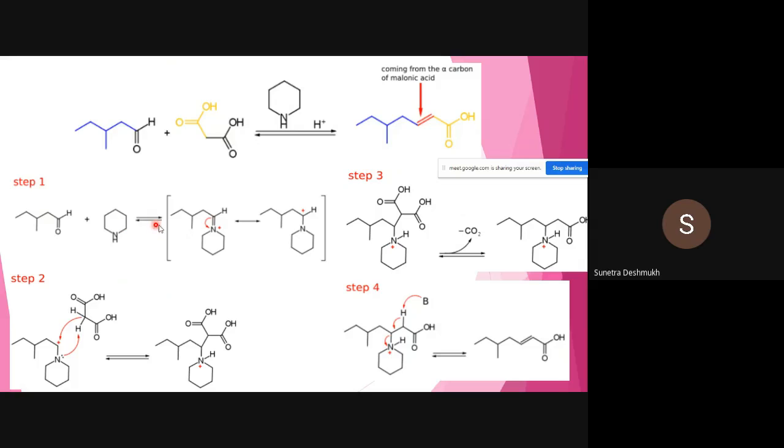So step first, as usual, reaction between aldehyde and piperidine. This is also, pay attention to the bonds, reversible. Generation of iminium ion. You know how to do the generation of the iminium ion. So here directly I have shown the iminium ion. Okay, tautomer of the iminium ion. Step second, the iminium ion that is generated is abstracting a proton. Okay, so acidic proton, and that one acts as an acidic group, abstraction of proton.